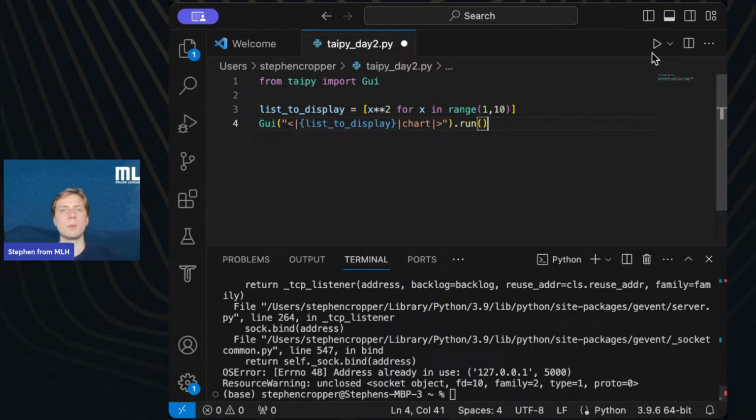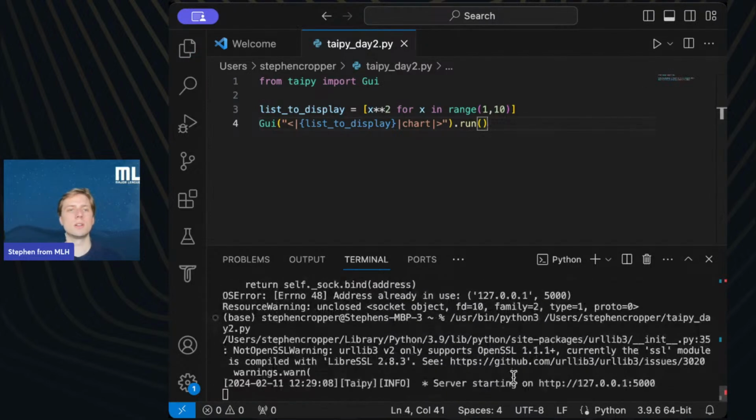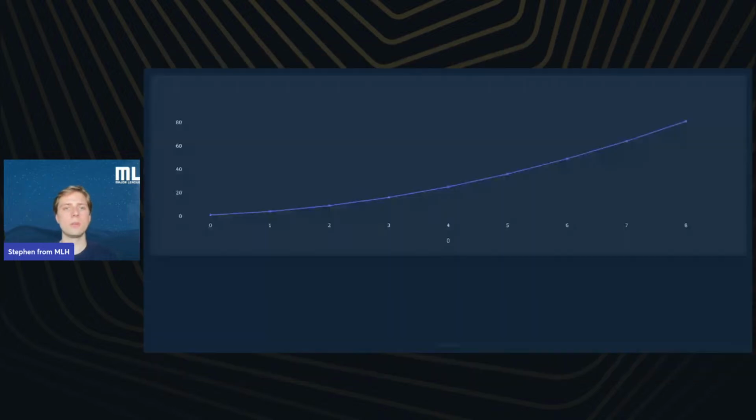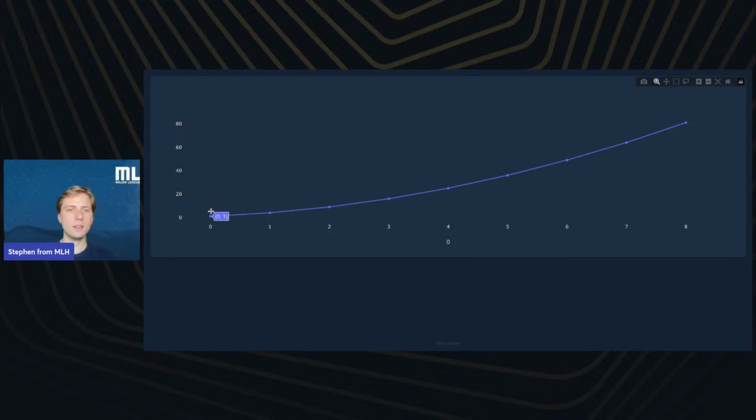So I'll just type it one more time. You can see it runs here, and we'll open up your data. So let's actually click on this link here. Control click to get there, and then I'll show you on the screen. So I think you all can see now my web app.